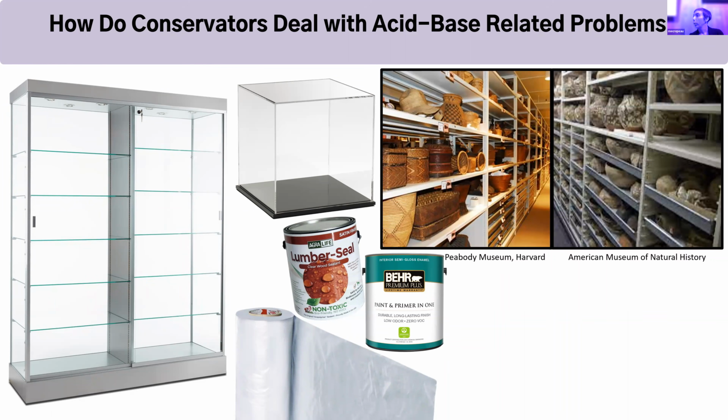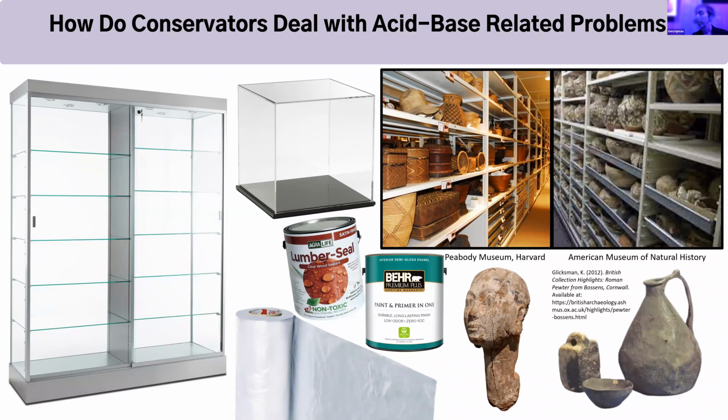We also, when we have artifacts, there are two different types of materials: an organic material and an inorganic material, like lead and a piece of wood, for example. And we know that the combination of them being physically in the same area is going to be a problem. We'll separate them in storage or we'll display them separately. And in instances where we do display them together, these lead objects over here and this wood, or these pewter objects over on the right and this wooden head on the left, for example, if they're going to be displayed or stored in the same case, because that's just what's going to happen, then we do something called